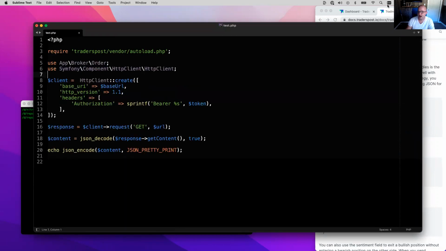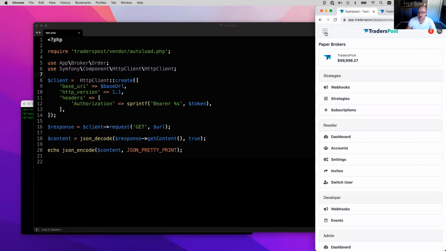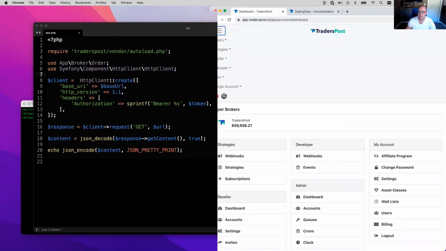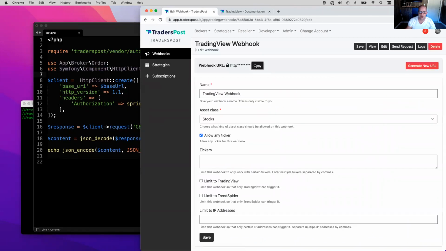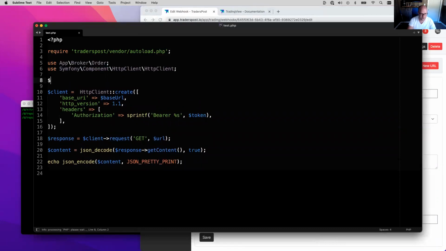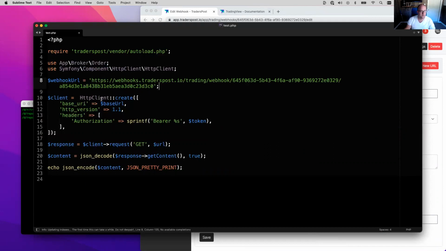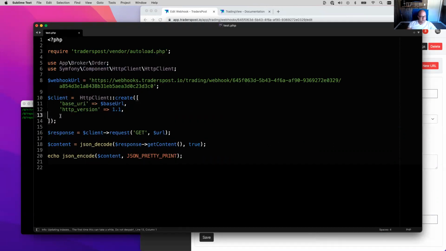All right. So what I'm going to do now is I'm going to go back over to TradersPost here. Make this a little bit bigger. Go to our webhook. Let's copy this URL here. And let's just put that webhook URL in a variable called webhook URL. And what we're going to do is